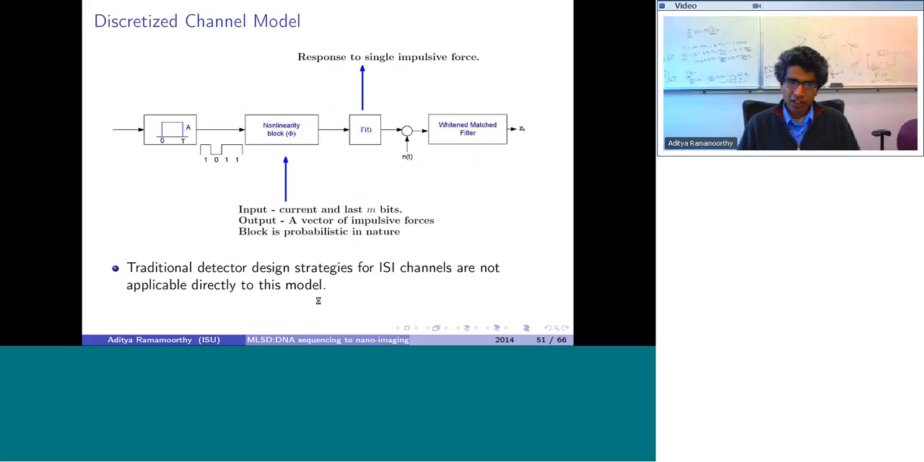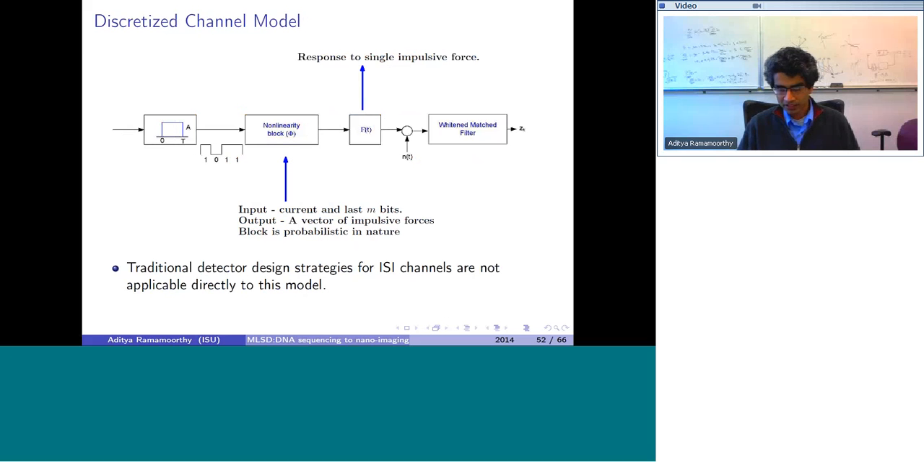Here is our proposed channel model for the system. You have a sequence of bits. You can say that either the medium is high or it's low. This goes through some nonlinearity block, and this block is probabilistic in nature. You can think of that as a Markov model. This produces a sequence of impulsive forces. We don't actually get to measure these, but these produce a sequence of impulsive forces that are then exciting this